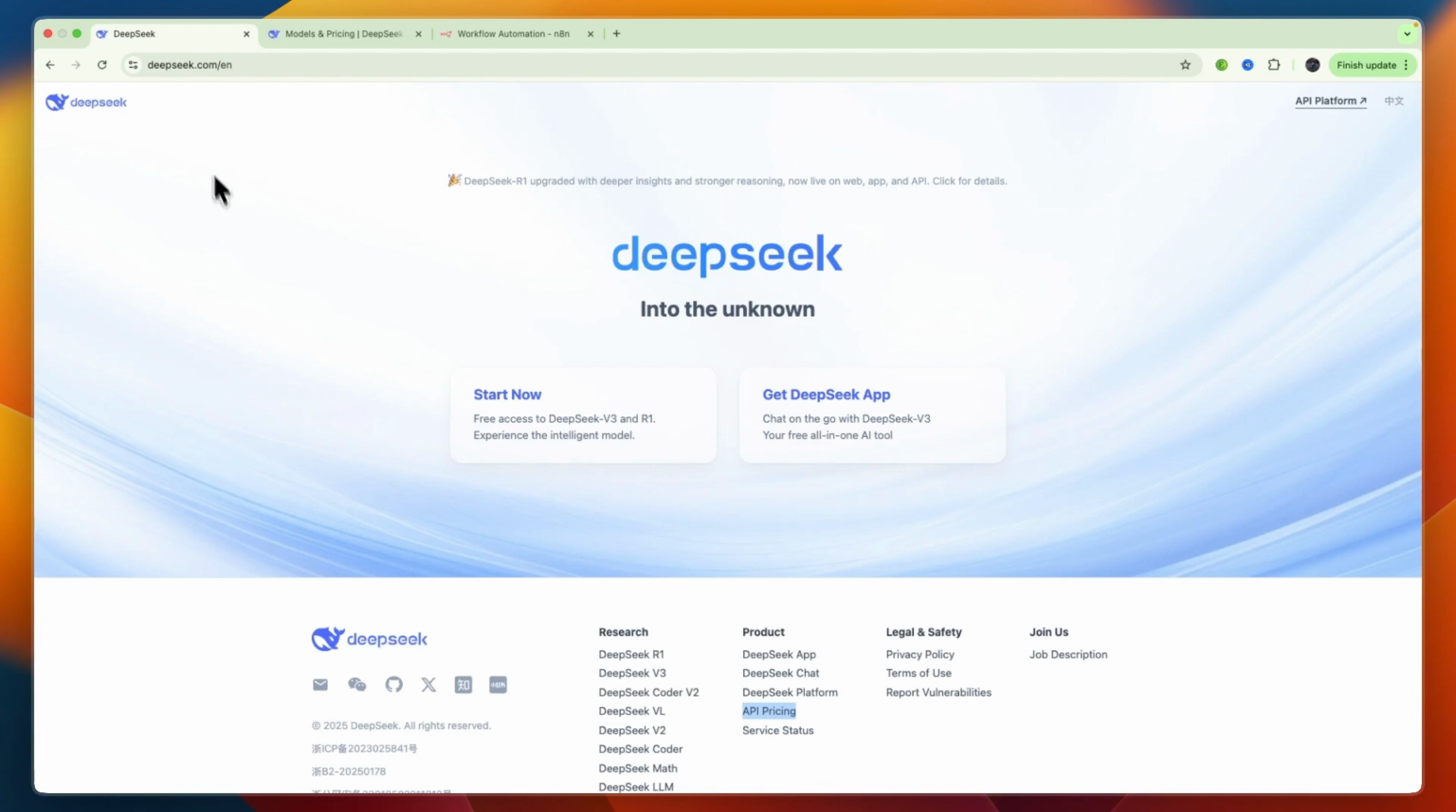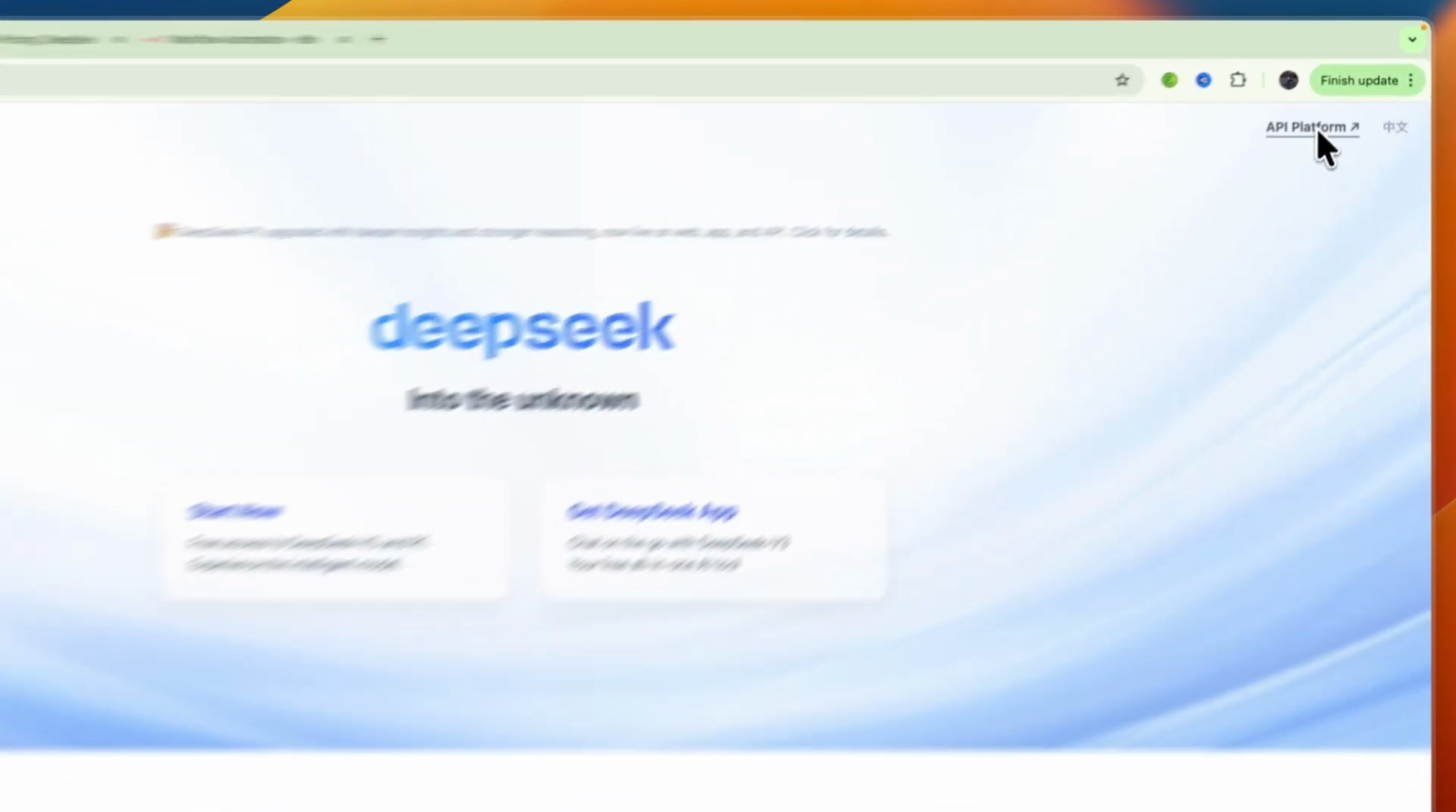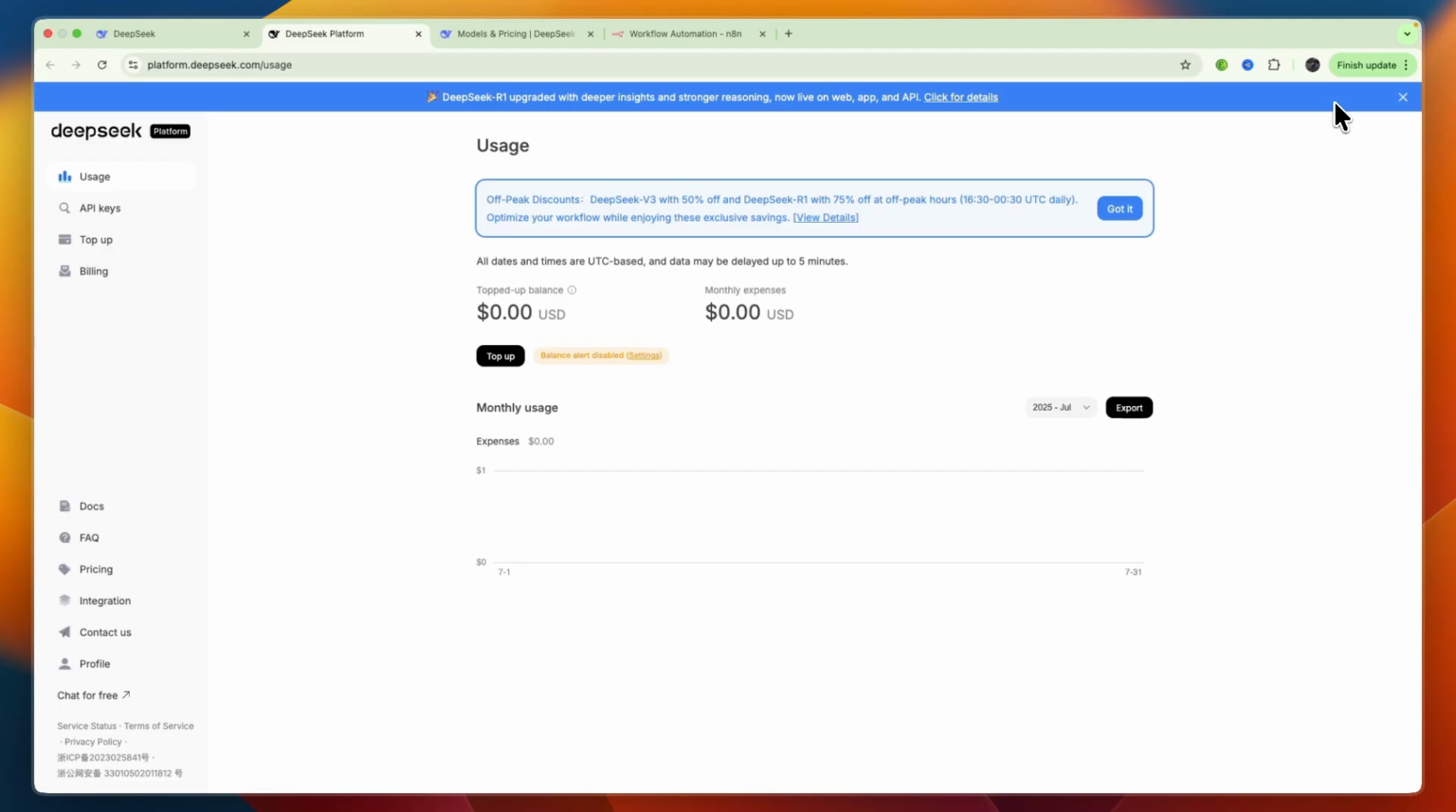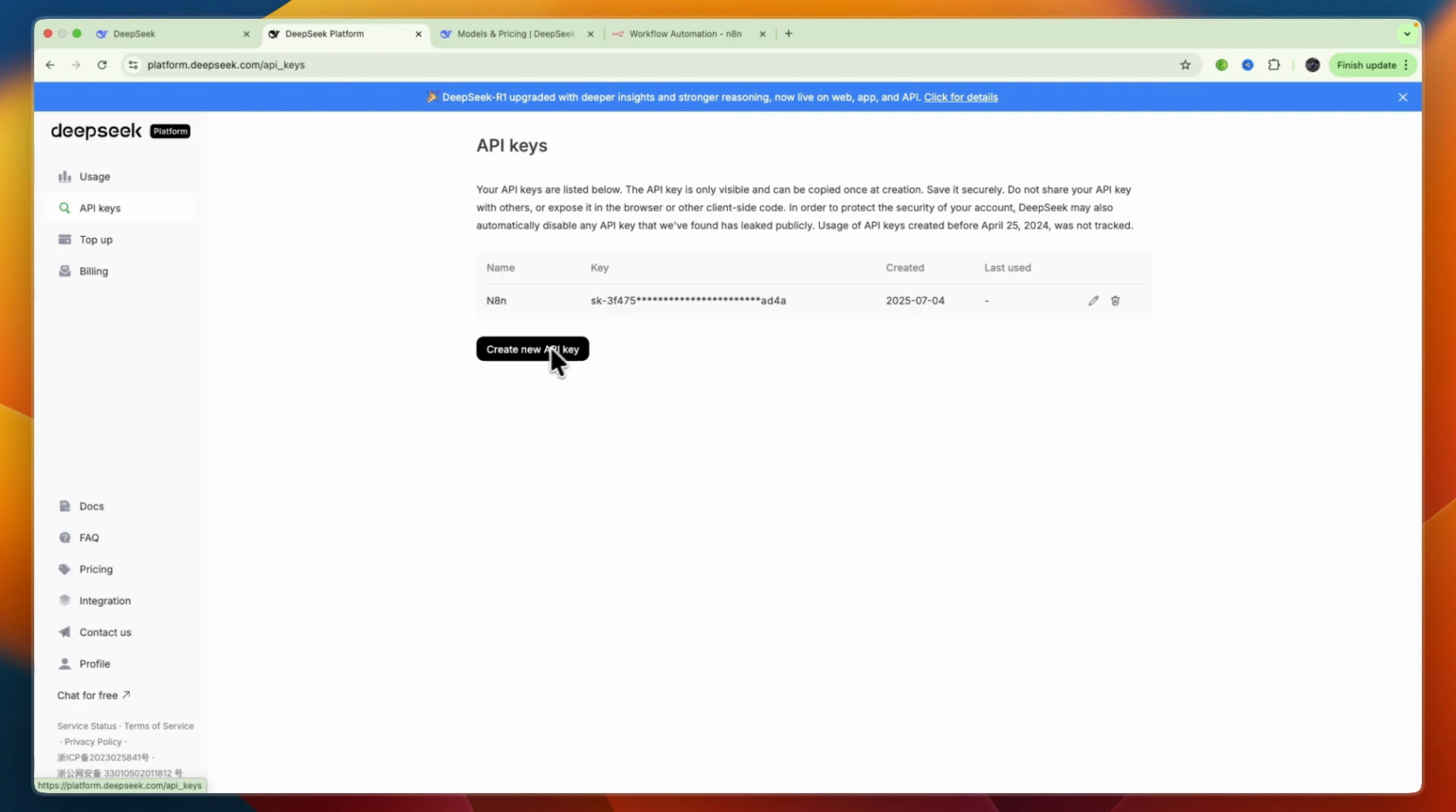So what you just want to do is go to deepseek.com, so not chat.deepseek.com, but just the normal deepseek.com website. And from there, click API platform in the top right. Then you will need to create an account if you don't have one yet, and that will take you right here. Now here in the left menu, you can go to API keys, and then you can click create new